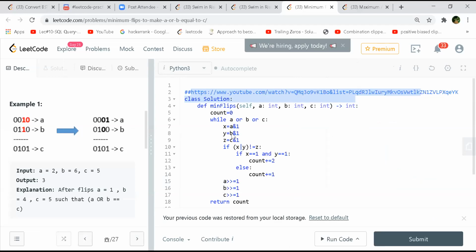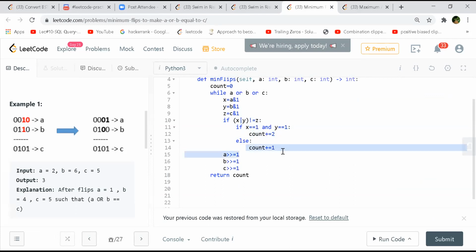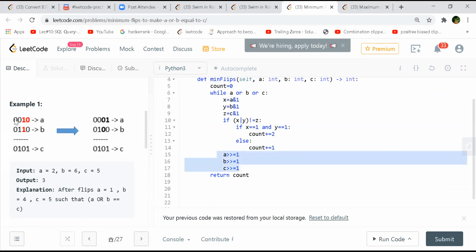Mine is the same as what Safal shared. Like Safal and Abhishek were sharing, you just calculate the set bits, and there are two conditions, right? When x or y is not equal to z, or it can be equal to z, right? So if it is not equal to z, that means what? If both of them are one and c is zero, that means both of them you need to flip to zero. Otherwise, it's only one flip, right? And just you move every time to the left. This way, I'm going from right to left and return the answer. But in this line number 11, what if only one of them was one?